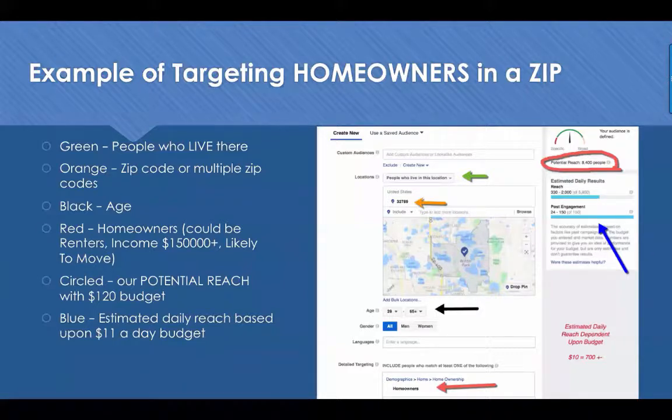So doing these 4 clicks right here, I was able to take this broad audience of probably 50 to 150,000 people, narrow it down to people that live here that are homeowners. And now it has kicked me out an audience of 8,400 people. Now, if I want to reach all 8,400 people, the general rule is about $10 to reach 700. So if I'm willing to invest $120, I'm going to reach those people that are going to be on Facebook over the time period that I've designated.